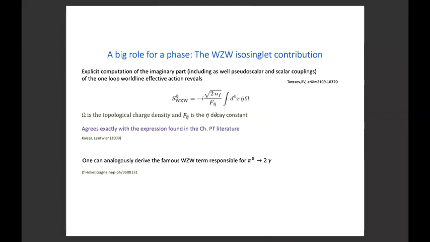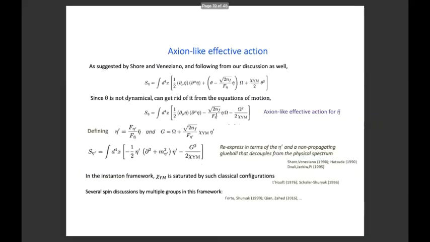And I want to point out that our derivation is exactly analogous to the derivation in this framework of the Wess-Zumino term that's responsible for pi zero to two gamma. So we did exactly the same calculation, and you find that there's a term which couples the primordial eta prime to F F dual. And this has very remarkable consequences, which will become apparent shortly. But in fact, essentially what you then get is an axion-like effective action.